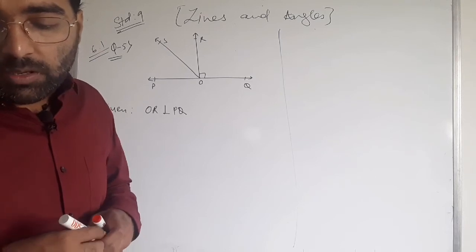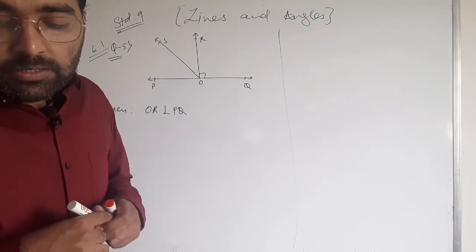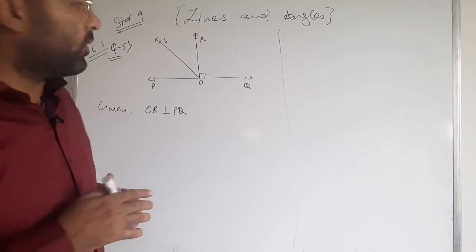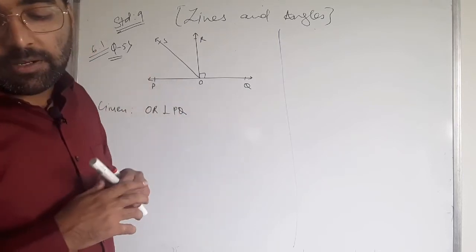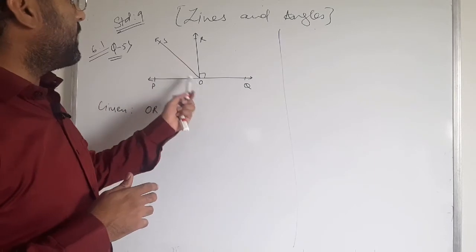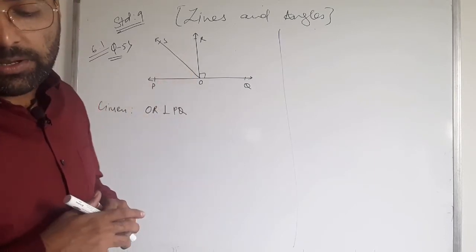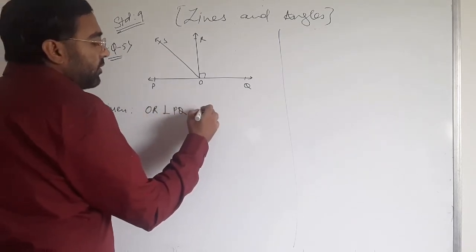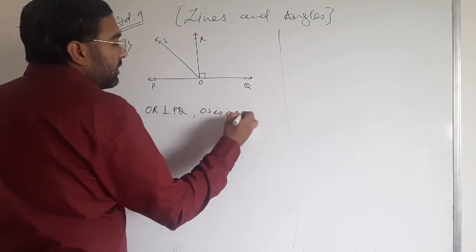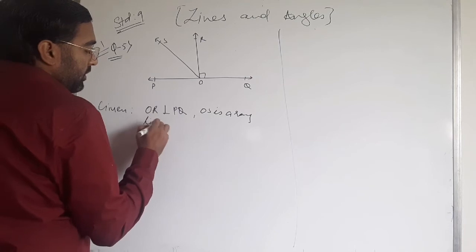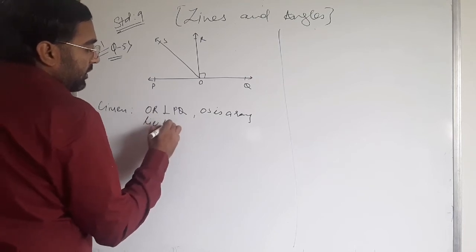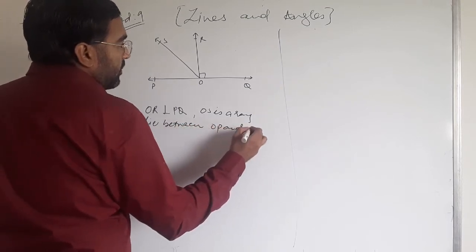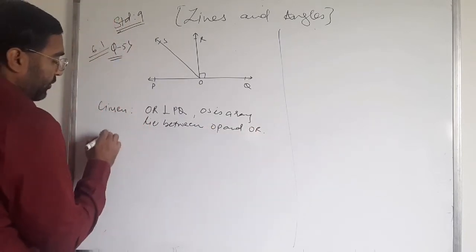OS is another ray lying between rays OP and OR. OS is another ray lying between OP and OR. So first of all we write that OS is a ray lying between OP and OR. Now we have to prove